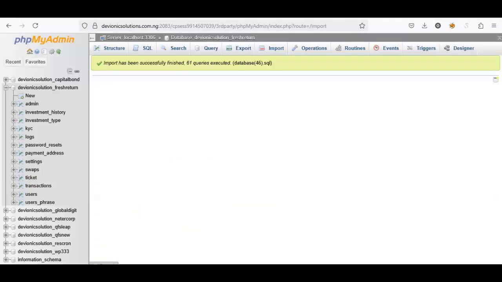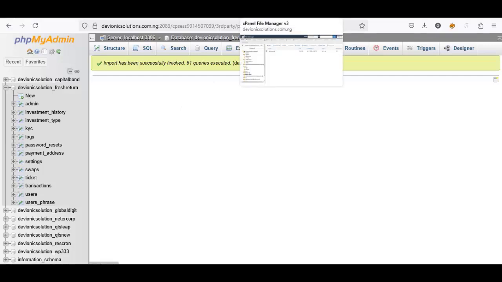So once you go back to this particular page, once you import your SQL file, see something like this, just know it has finished importing. All right. Once you finish importing, that's all about setting up this particular website. And see, it's very, very easy to do. In less than 10 minutes, you can actually set up this particular website for yourself